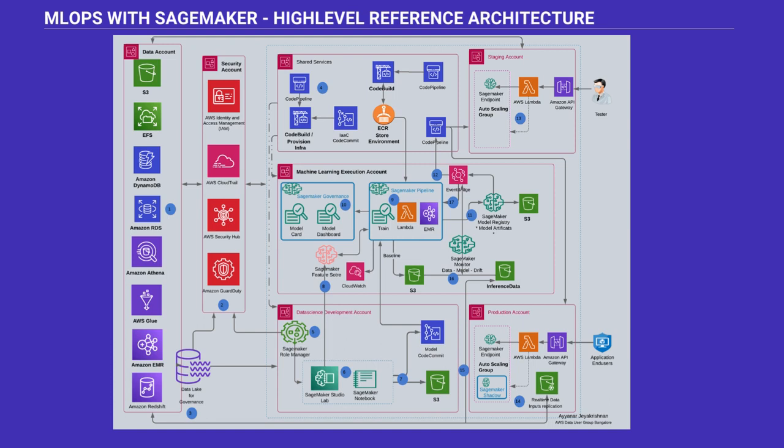So the data scientist can use this IDE, develop their code, and commit to CodeCommit, which is nothing but a Git repo on the AWS side, and they can keep any variables or config in an S3 bucket. Once the code is in CodeCommit, we can trigger the SageMaker pipeline to train, and if there is any custom logic, you can invoke a Lambda function. If during the training job it needs to connect to EMR, you can connect to EMR, train the machine learning model, and then store the artifact